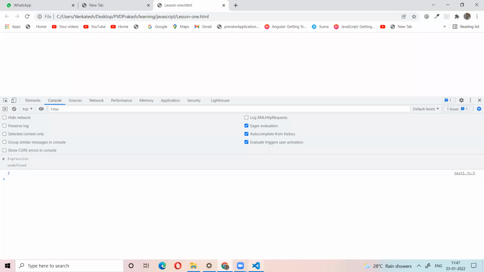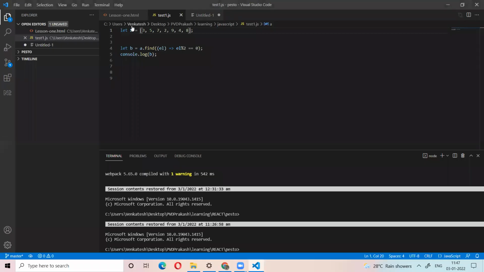If you want all the elements satisfying this condition, satisfying this filter, then you use the filter method. If you want only the first element which satisfies this condition, then use the find method. So somebody asked what is the difference between the find method and the filter method. The filter method returns the array of elements which satisfy the condition. The find method returns the first element which satisfies the condition. Okay. People understand?